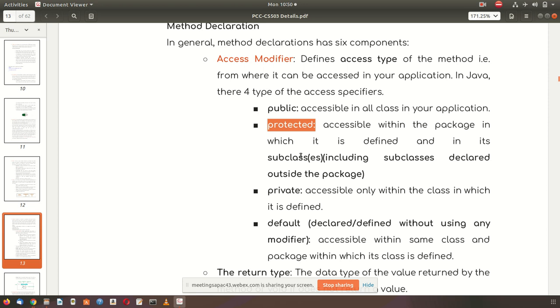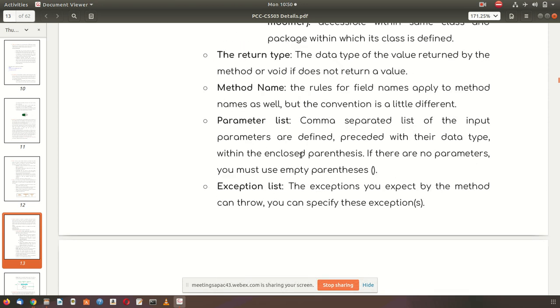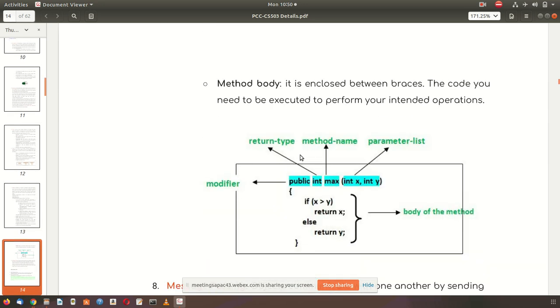When we are writing a class, the data and the functions present inside a class must have this particular modifier specified in front of them. We cannot leave the modifier blank. If we leave the modifier blank, then by default it becomes public.